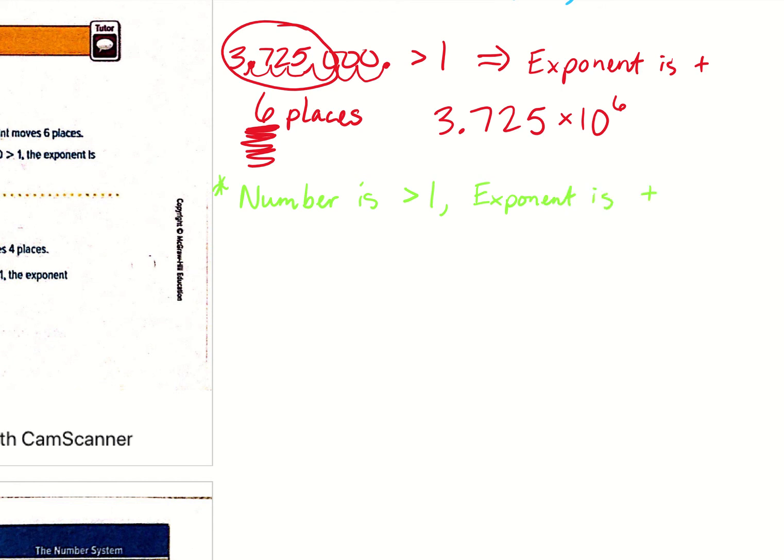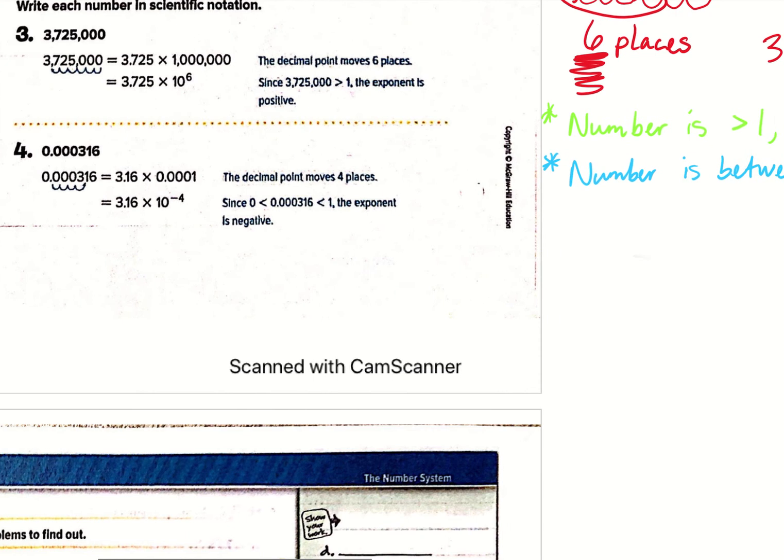And if the number is between 0 and 1, then the exponent is negative. So make sure you get that written down in your notes, and then we'll go ahead and go to